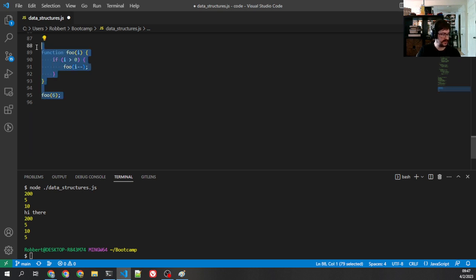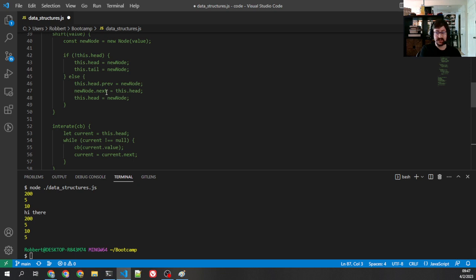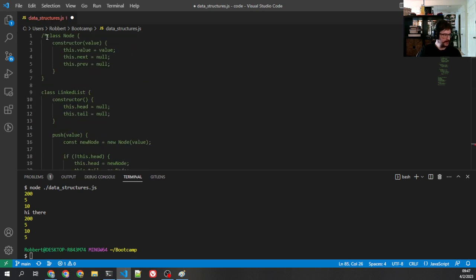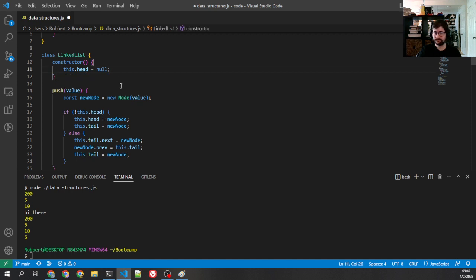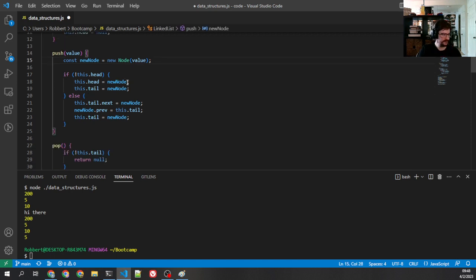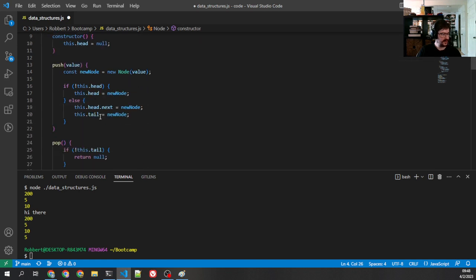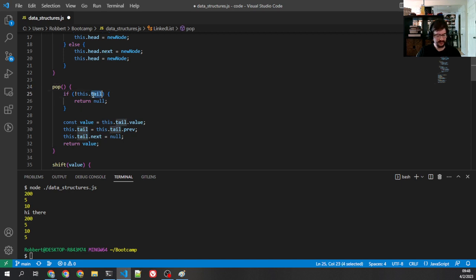Now, if you're actually doing a standard stack, there are more optimizations you can make, because you can make the assumption that you're never going to be accessing elements except from the top. So in fact, how I would do a stack is I wouldn't even have a tail. I just have a head. And then I just push to the head. Head.next. Don't even need the previous, right? And then when you're popping, you could say, okay, the value is in the head, and then we're going to set our head to our head.next, except it probably would just be previous,